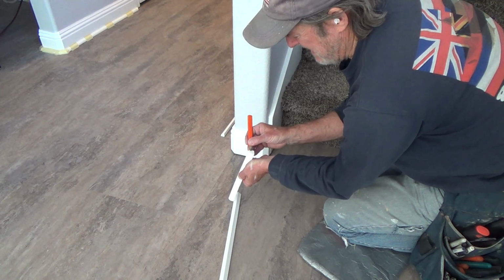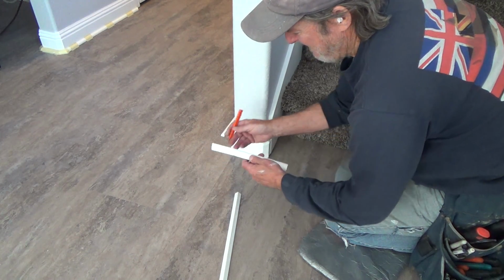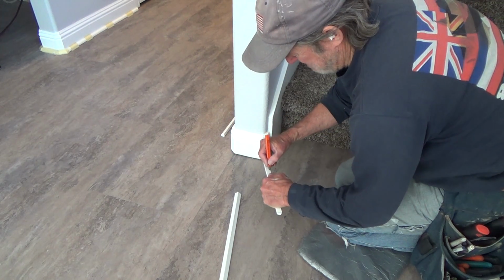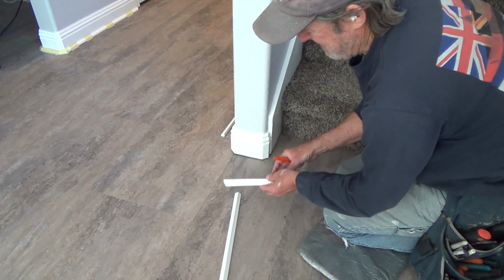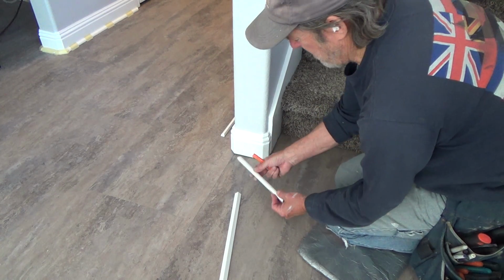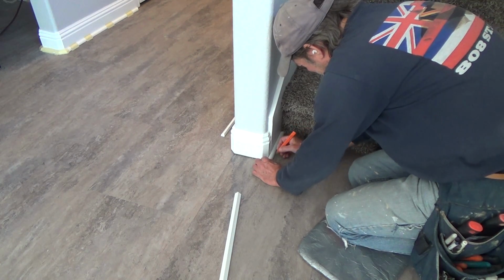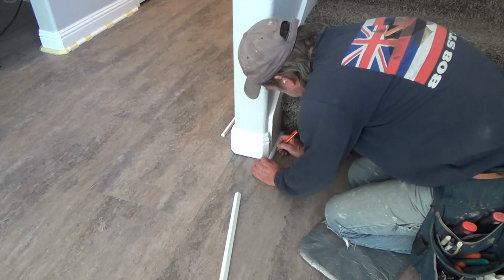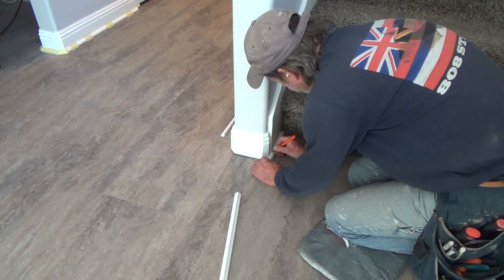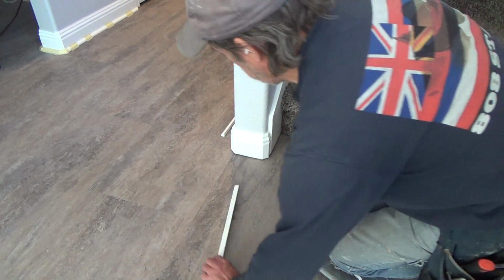And then I'm going to get that line there. And then where that stops, I'm going to eyeball straight across on the back side because I'm going to have to rip this with my back saw. Yeah, figure that out. Right to there, right to there. Okay, that looks pretty good. Okay, there's my next piece that I have to cut. And now,